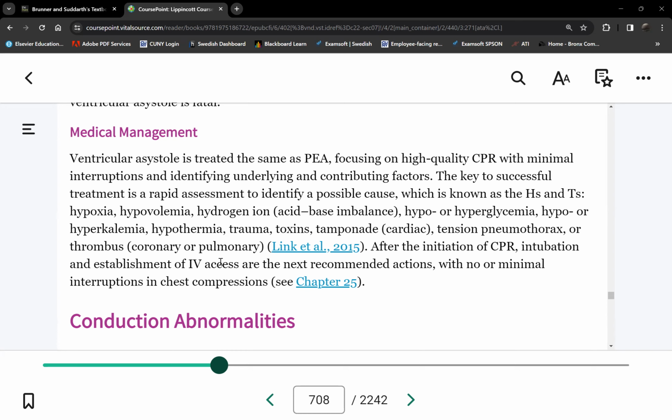Then you can shock. All right. Okay, so it's very important to generate a rhythm first. So no shock for asystole, because if you shock them, what will happen? They get a jolt and then they